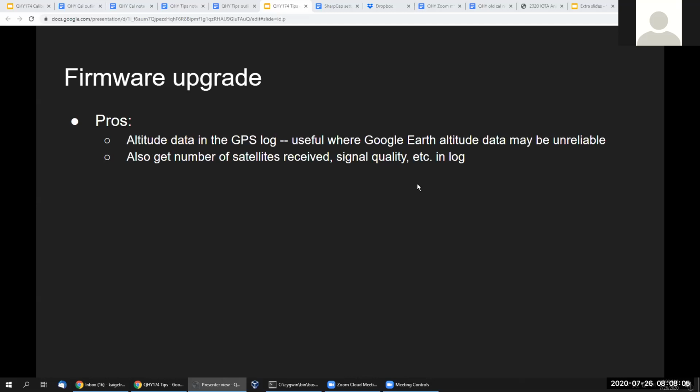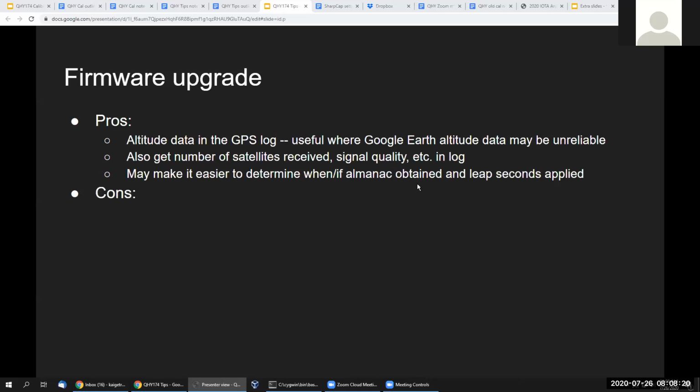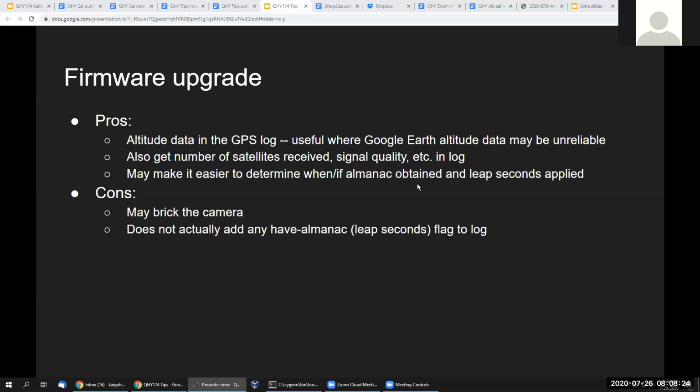You also get little bonuses like number of satellites and signal quality for the log. Mark says it might make it easier to determine when the almanac is obtained, because there is no GUI light-up thing like there is on the IOTA videos that tells you when you have the almanac. The cons, biggest one of course, is you could brick the camera. And it doesn't actually still give you any indication on a frame-by-frame or GUI basis that you have the almanac. It just might add data to the log that makes it easier to find that out